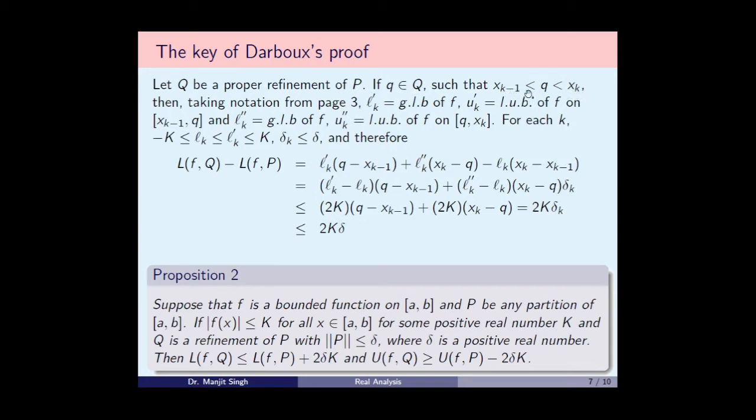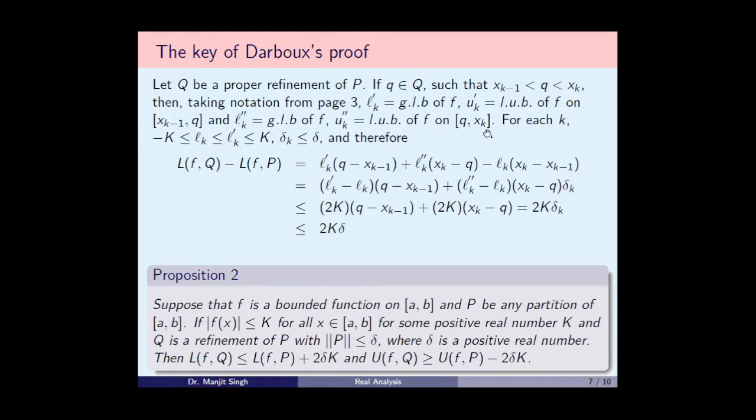In this way we find two subintervals of the interval [x_{k-1}, x_k], and the function is bounded in these two subintervals also, and we can define l_k', u_k', l_k'', u_k'' as the greatest lower bound and least upper bound of the function in their